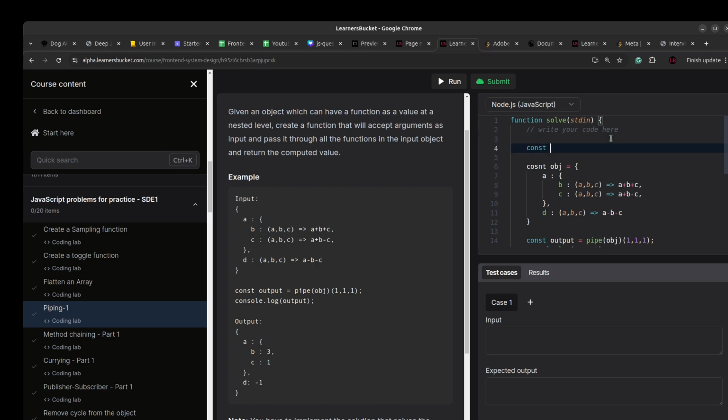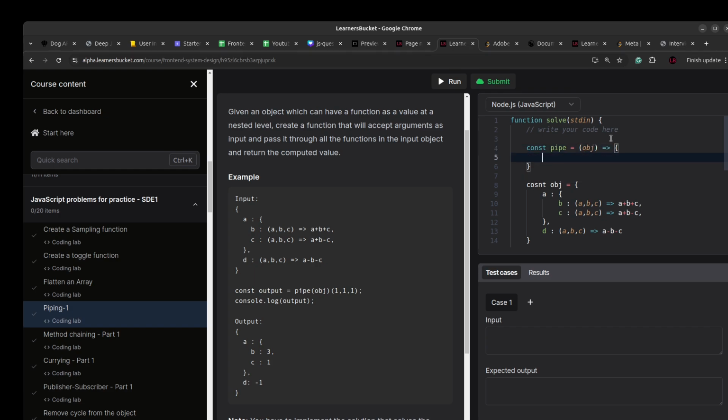Reading the problem statement, pipe will accept an argument which will be an object. This can be nested, and then it will return a function. This function can have any number of arguments. It will be the maximum that these functions are accepting. It can be less than that, but it cannot be more than that. So assume that, and based on that we are accepting the arguments over here, and then I'm going to iterate